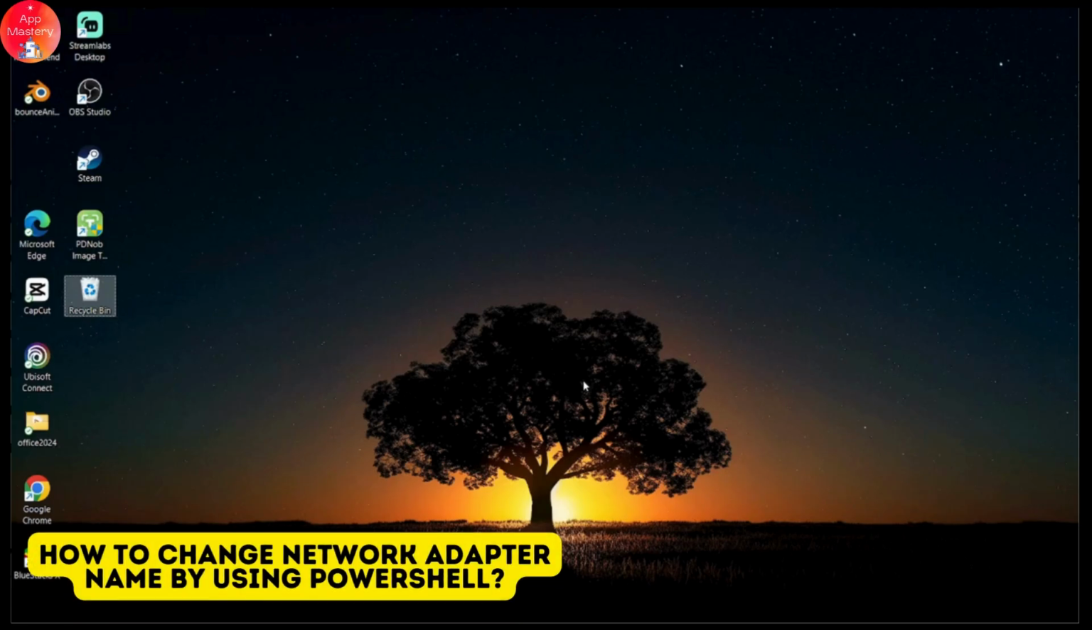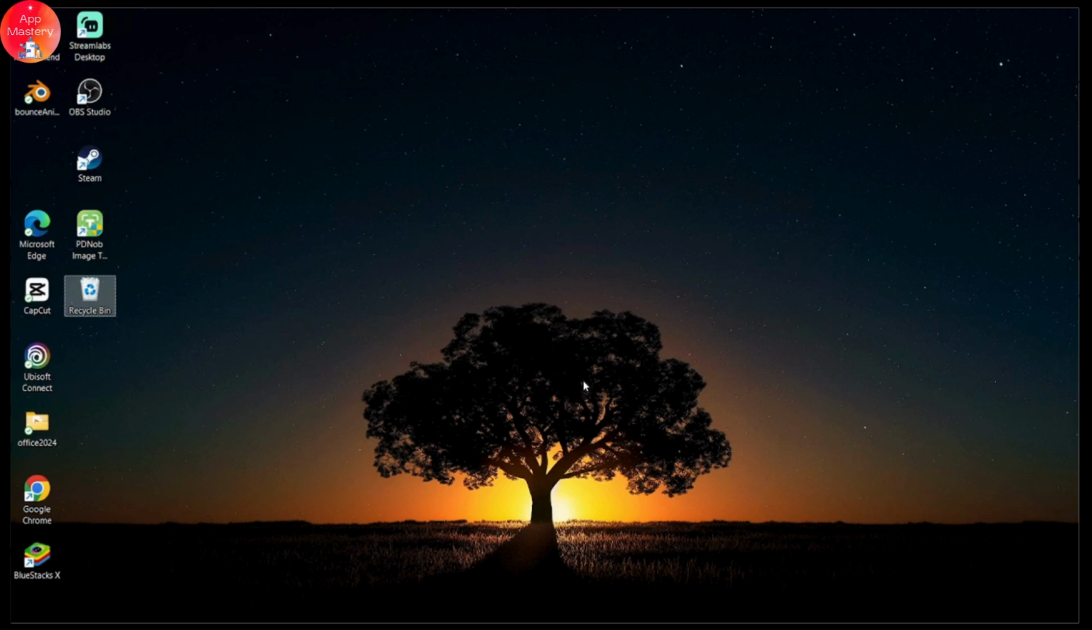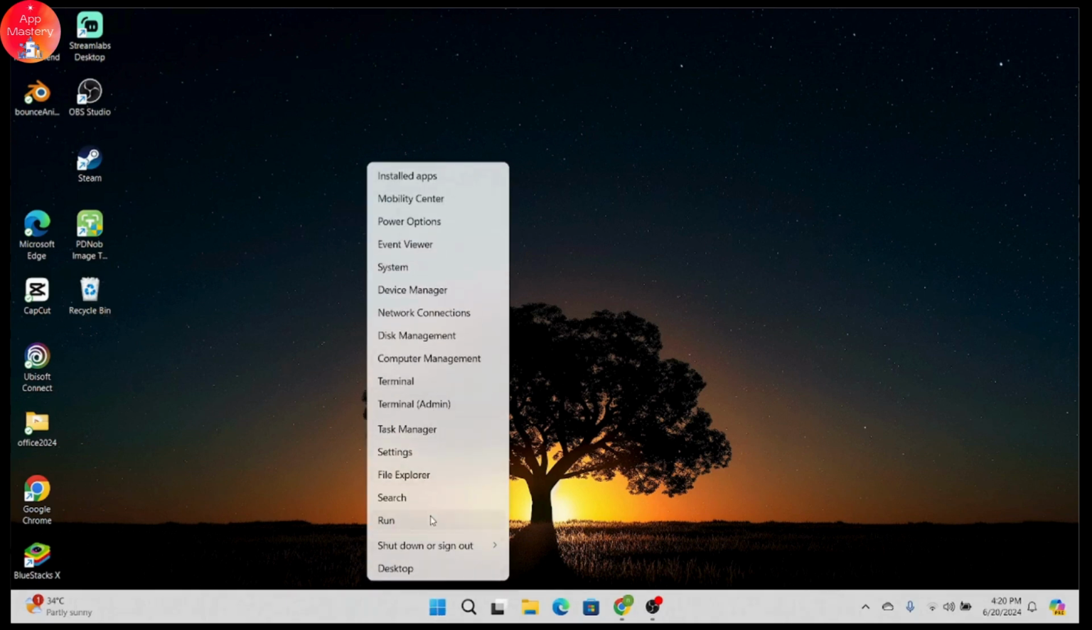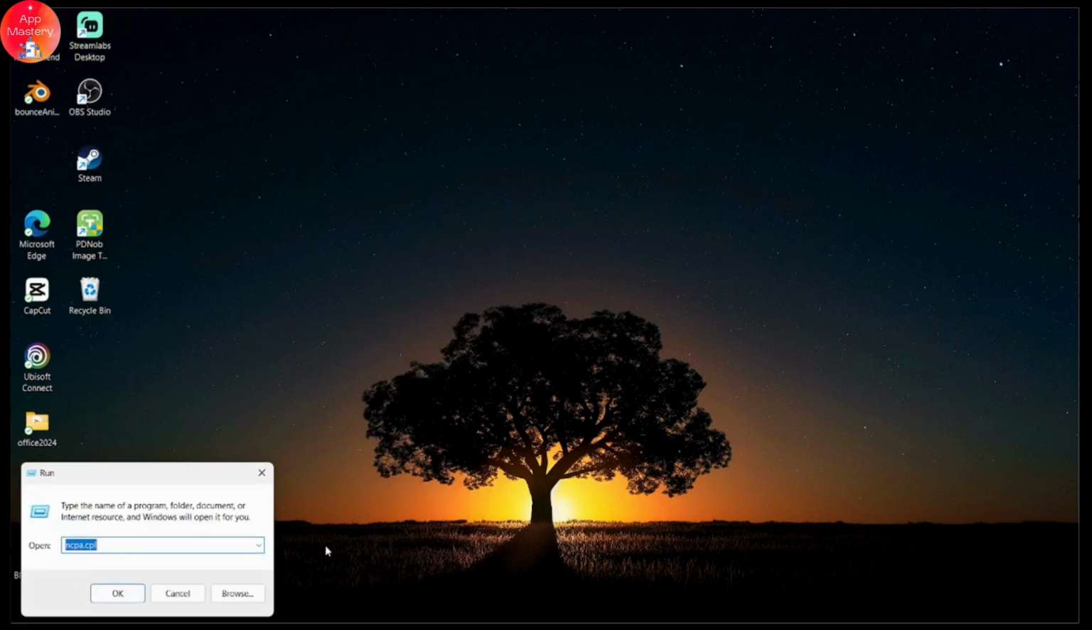How to change network adapter name by using PowerShell. So if you want to change the network adapter name by using PowerShell, then first right click on your Windows, go for the run, and under run you need to enter